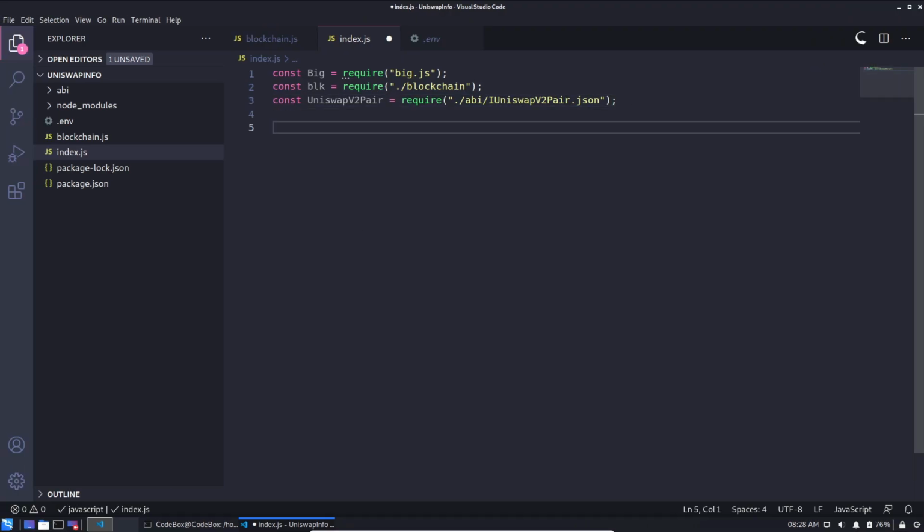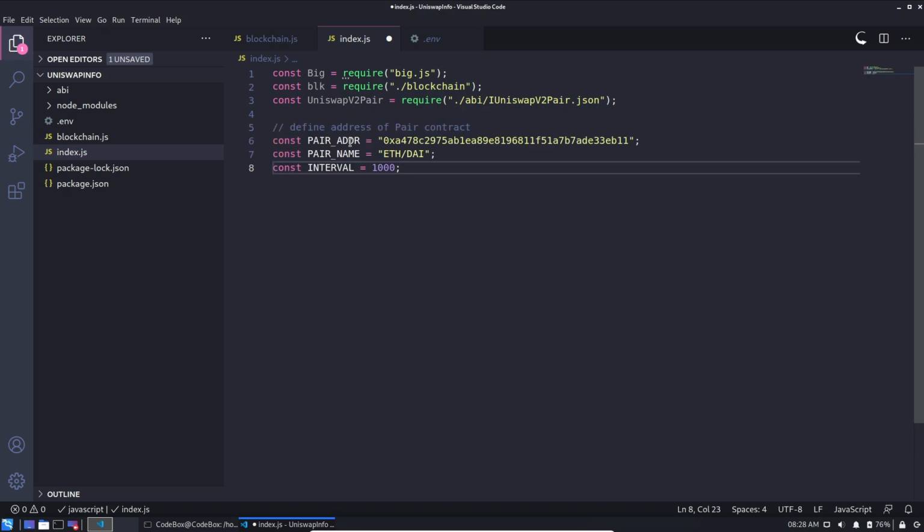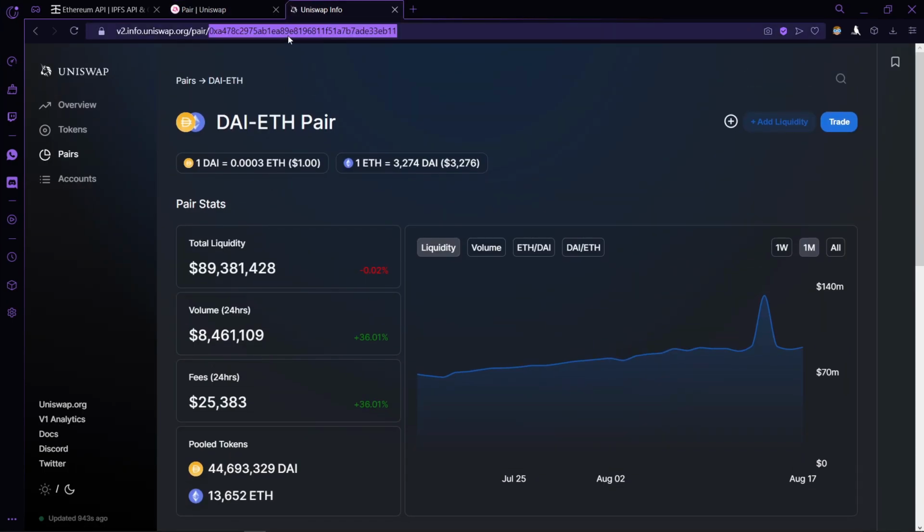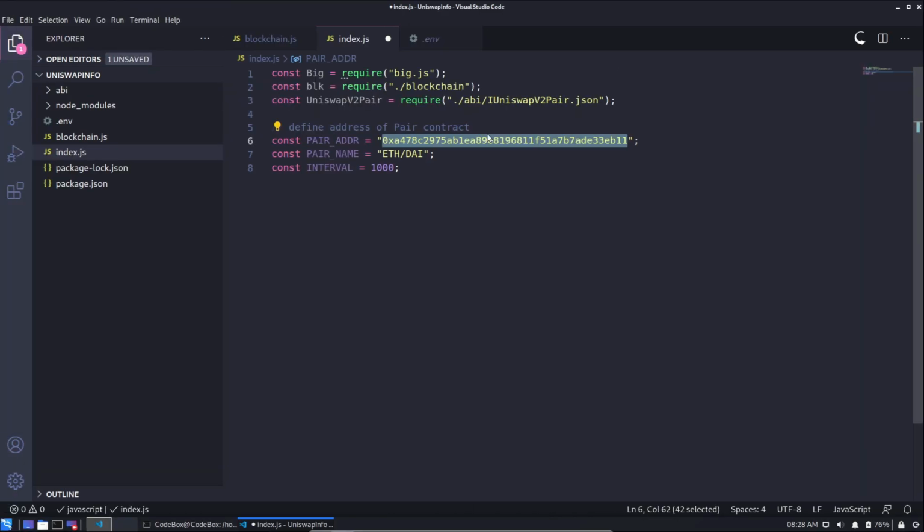The next thing we need to do is to define the address of the pair contract and the interval for querying the price. So here the pair address is this. We have got this from the Uniswap info page. If you see this URL, at the end of the URL you will see the address of this pair contract.